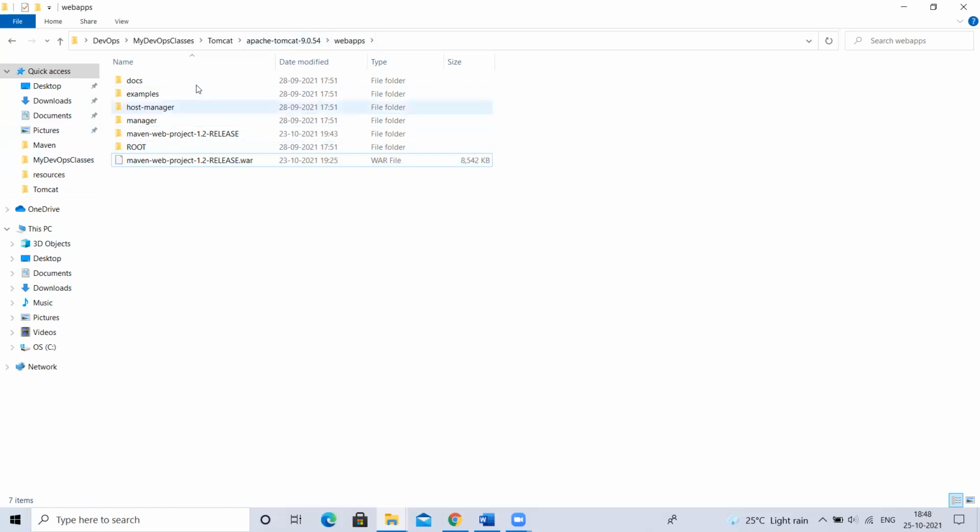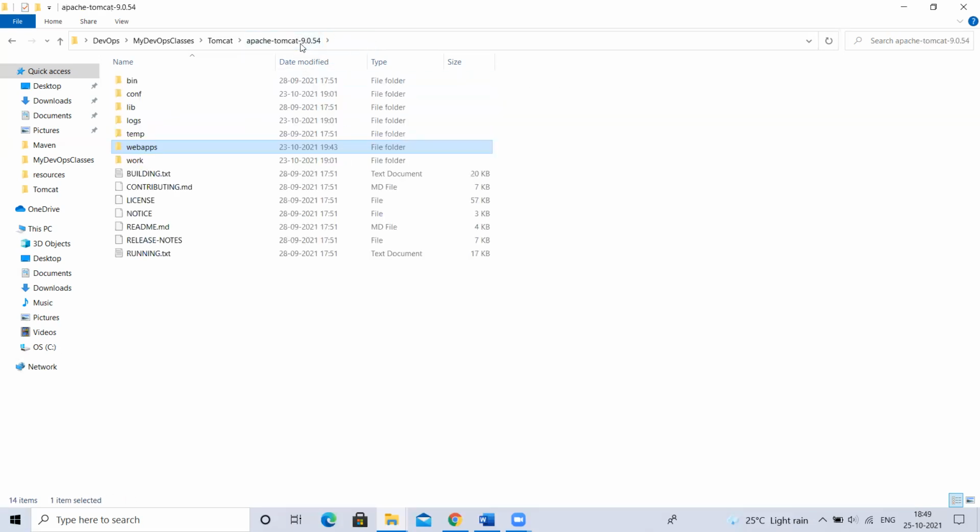You are able to deploy into webapps directly based on the permissions of the Linux user, like ec2-user. If that user has write access to this webapps directory, they can deploy. But that is not a proper way. So what Tomcat is saying is, don't depend on that. I will provide a separate set of users, separate user access. You use that, it is saying.